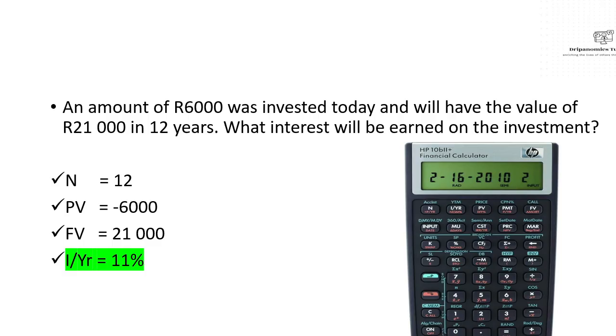When you are dealing with a question where you are given both the present value and the future value, one of them you have to make negative, because if both are positive, it's going to give you a no solution. And if you're in the exam and you get a no solution, you're going to panic and then you mess up every other calculation. So make sure that if you are given both your present value and your future value, one of them